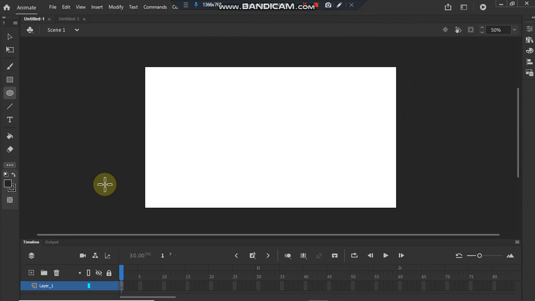So let us try and define what a stage is. Stage is a drawing board where we can create graphics, animations and make modifications too. It is the large white rectangular space present at the center of the workspace.